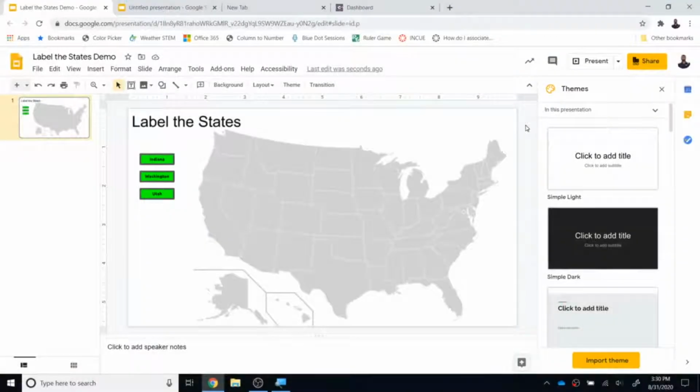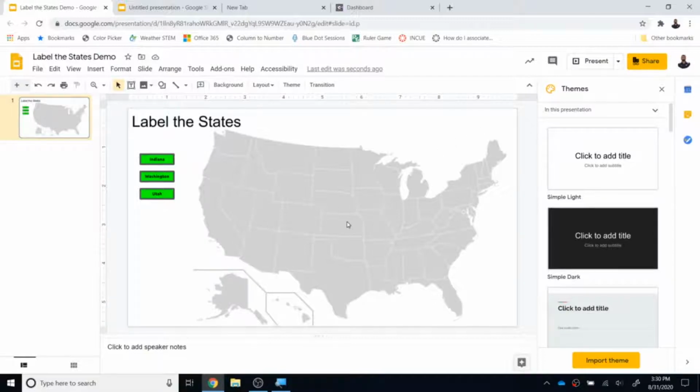I'm going to create an interactive drag and drop Google Slide presentation that can be distributed to students through Canvas. This type of activity allows students to have a manipulative and something to work with when they are working digitally in your classroom. This is only an example. There are many other types of activities you could set up this way. You could do sentences or you could do equations. It's really limitless, but you can see here that in this case, I have a map, and the hallmark of